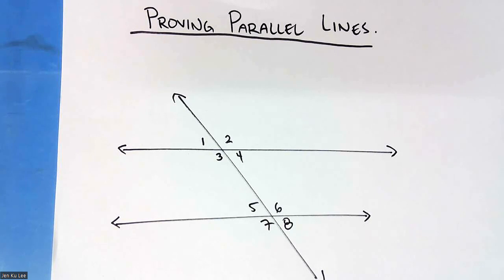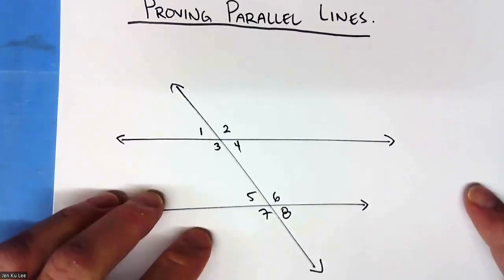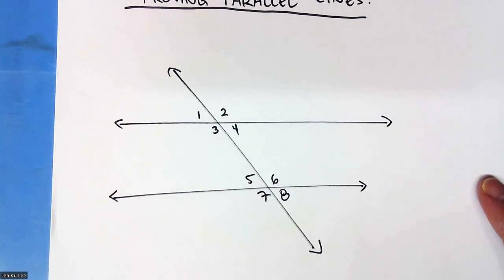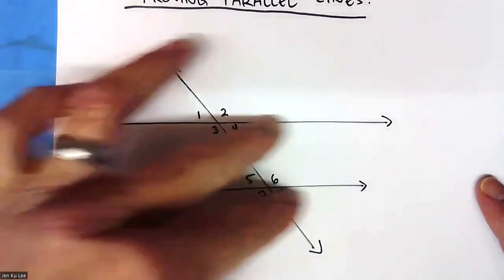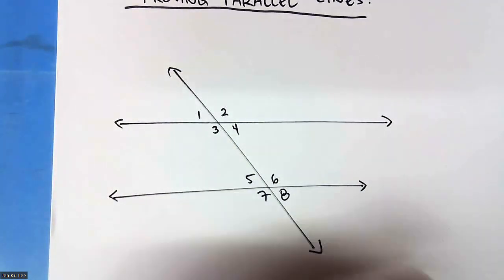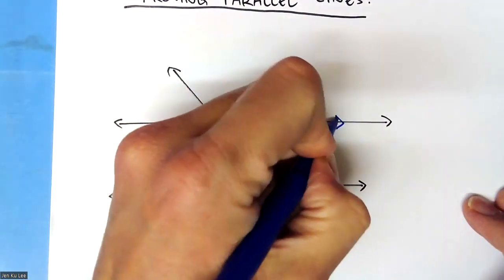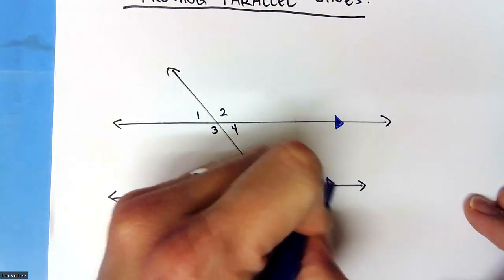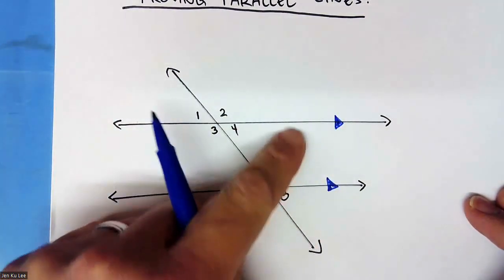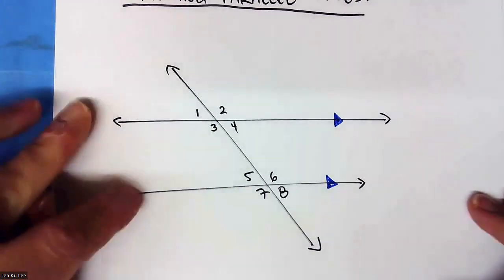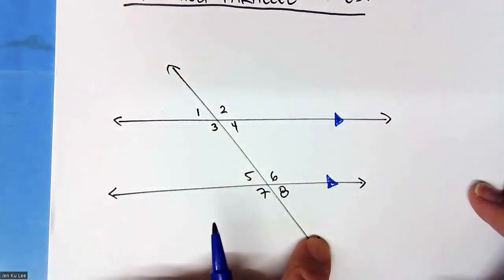Remember this is 3.4, proving parallel lines. Remember when we talked about parallel lines, there were three specific types of special angles created when parallel lines are cut by a transversal. So just a quick review. Two parallel lines like this. Remember, when they are parallel, you're going to see this shape on the parallel lines, signifying that they are parallel. So when two parallel lines are cut by a transversal,